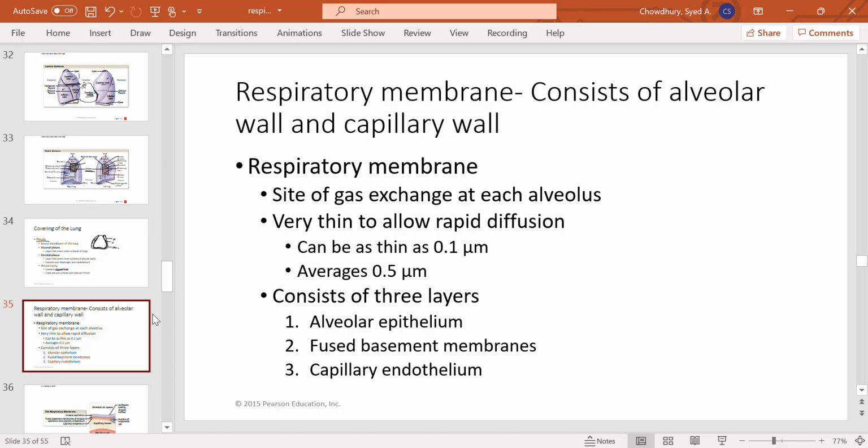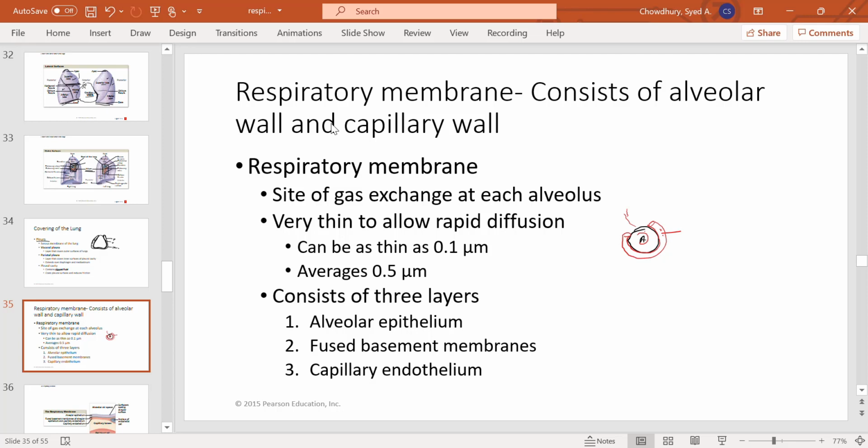Okay, now if you see the alveolus, so this is the alveolus, and you have a capillary bed on each alveolus. So this is the capillary. So now you see each alveolus has a capillary bed on its surface. Makes sense? And when you inhale, the air gets into the alveolus, right, and it has oxygen and the blood